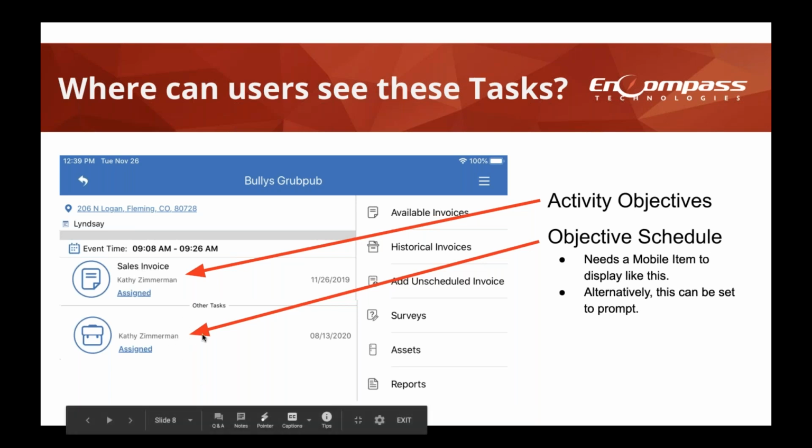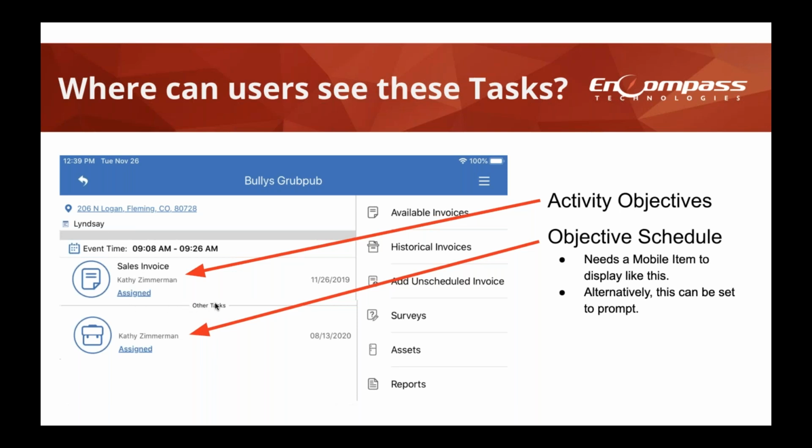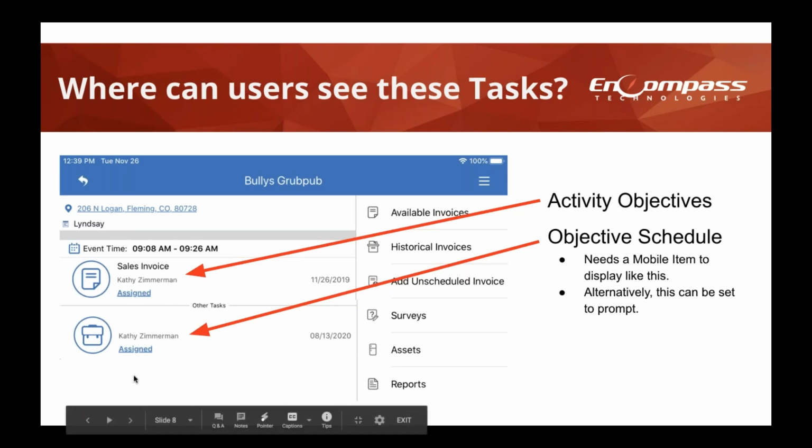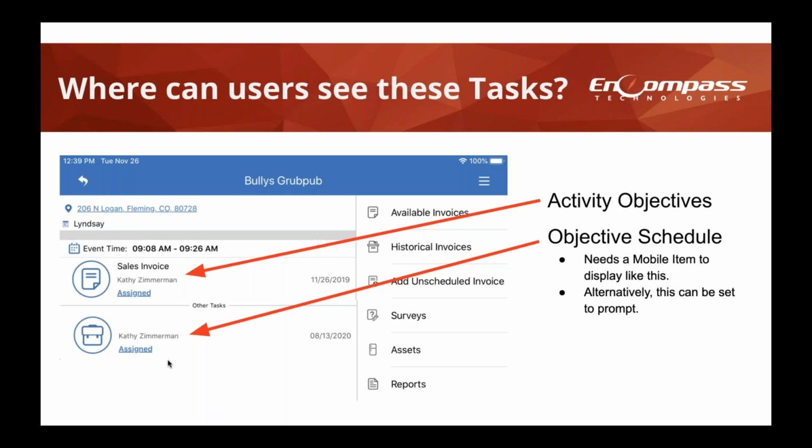Now, sometimes too, users, when they go into stops, they may see a little line break here that says other tasks, and then it may list out some of those other tasks. With that being said, these would be where you would see things like display surveys or tap handles or whatever, because those tasks are not tied directly to the route.